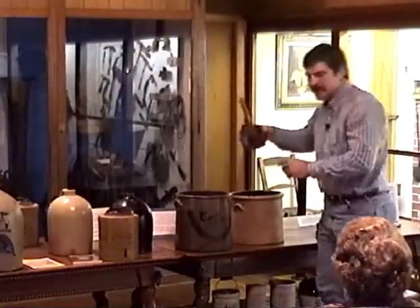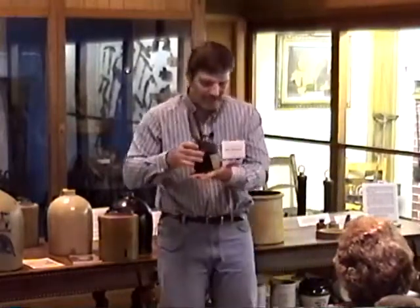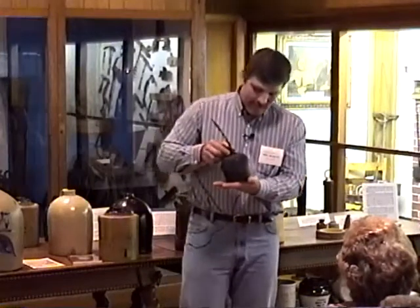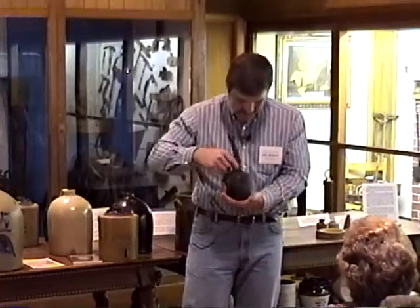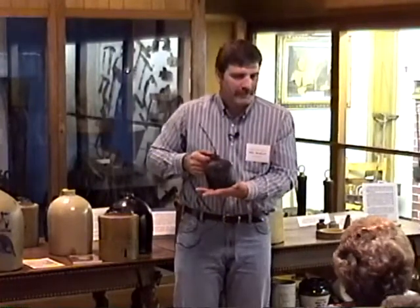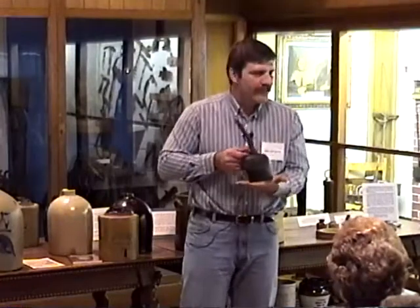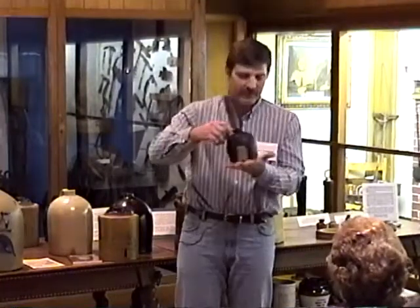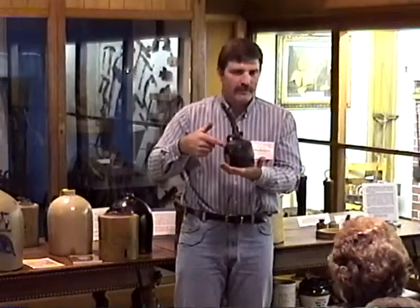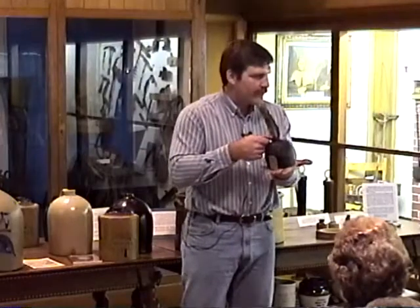Oh, we have one jug here that is in the museum collection that's actually got quite a bit of charm and character, and J.M. Shafer is a name that's been hand painted on it, and then around the top it says Merry Christmas 1883. We've taken what is a very common utilitarian jug without the painting. This is like a 2-cent or a 1-cent jug, this little quart jug, and someone has put the hand painting on there